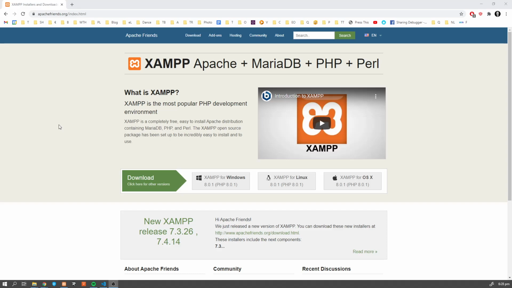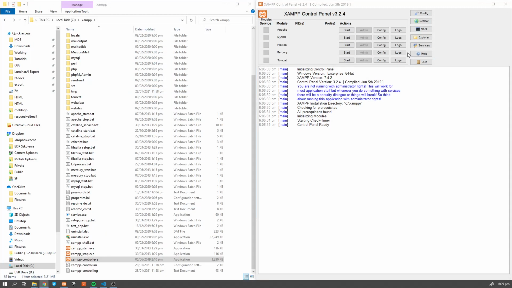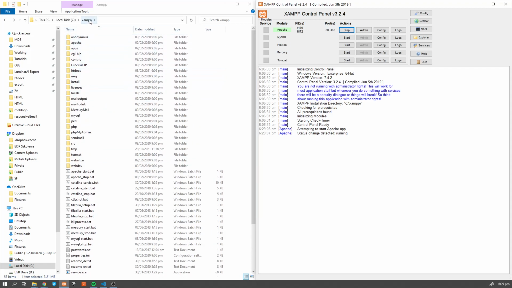Okay, so as I mentioned, this is going to be very quick. What I assume is that you have a PHP server installed. If you don't have it, just a quick note, you can use, for example, XAMPP or another application. What is XAMPP? It's a PHP development environment, available for Windows, Linux, and Mac OS. Simply download it and install it. Once you do that, you can start it, and then we're going to start our Apache server, which allows us to create PHP applications.